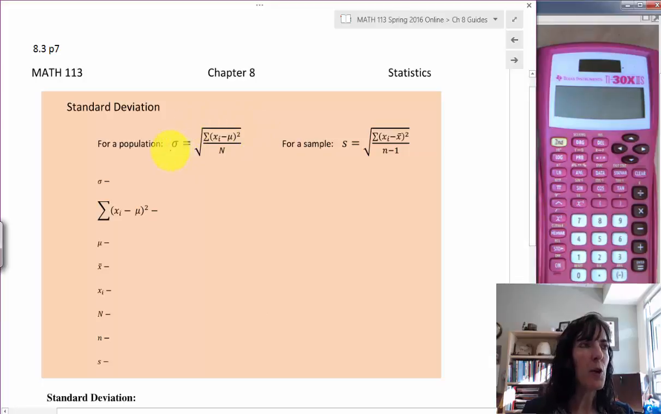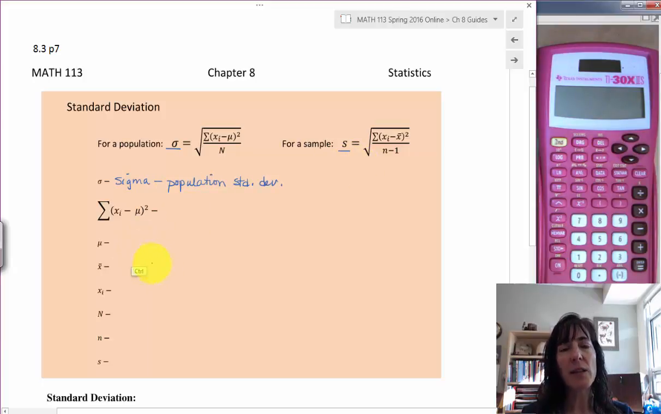And to do this, we have two variables that we use. One of them is sigma. This is what we call sigma. And it's a lowercase sigma, and it is the population standard deviation. And S is the sample standard deviation. Down here you can see that's